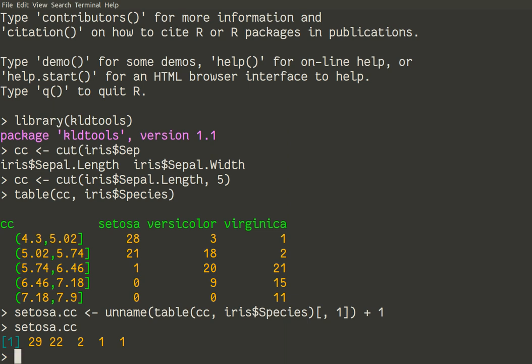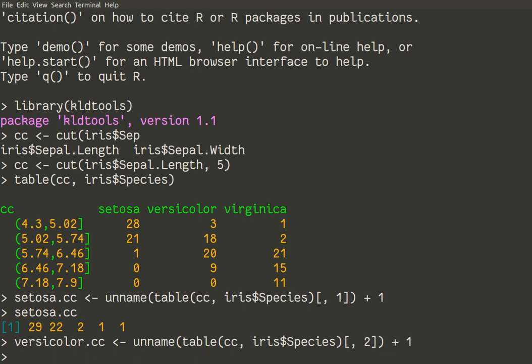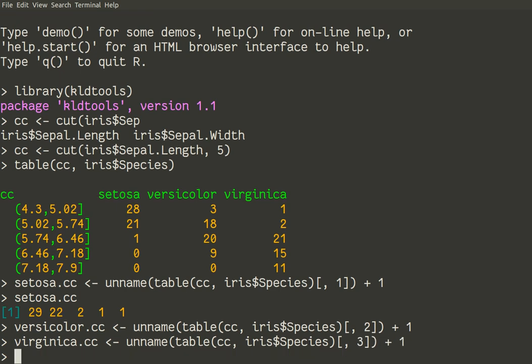And the same way I will make the two other variables. So I press arrow up and replace some names. The second will be versicolor, and then I will need the second column in that case. And the third will be Virginica, and I will need the third column for that. So now I have 3 different frequency distributions, and now finally I will use the command KLZ tools